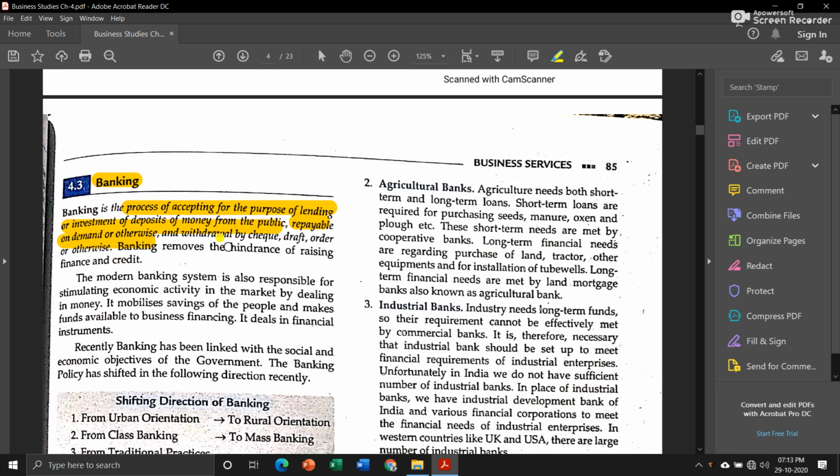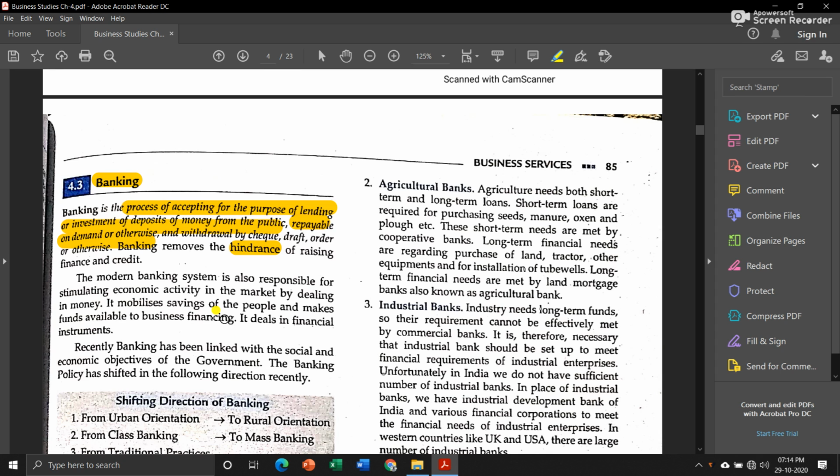Now, what banking does is help in reducing the problem of raising finance and credit of a business. The modern banking system is also responsible for stimulating economic activity in the market by dealing in money. It mobilizes savings of the people and makes funds available for business financing. Earlier, banks used to take deposits of money from the general public, and they used